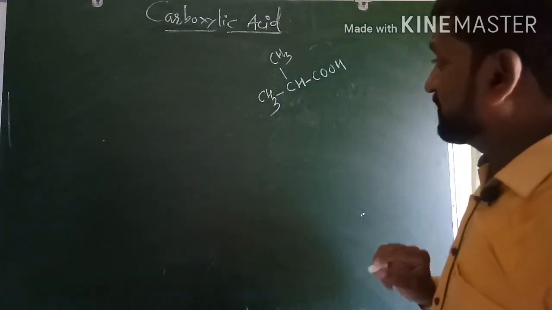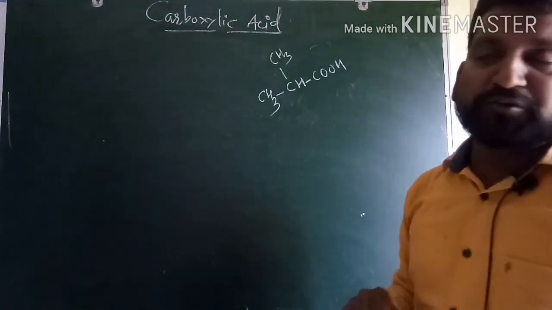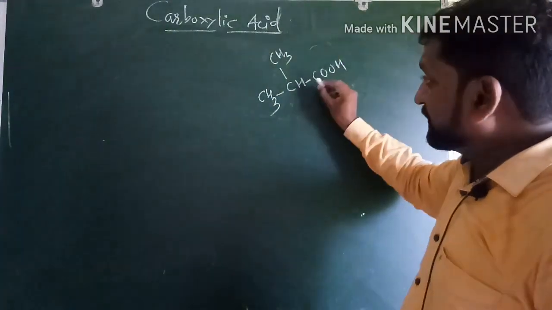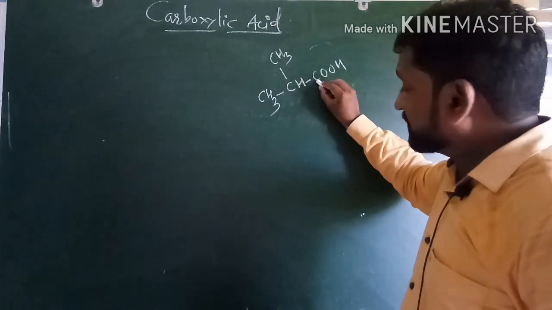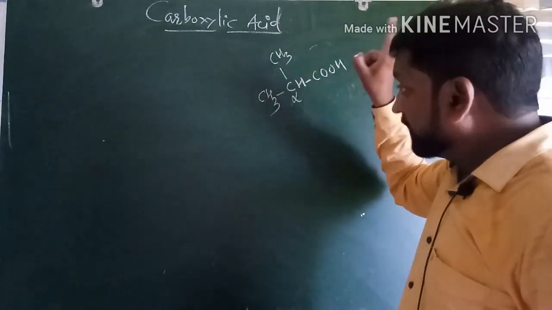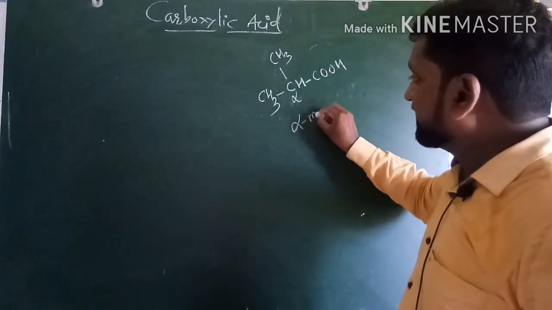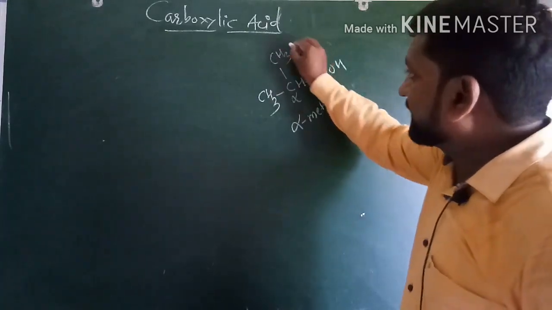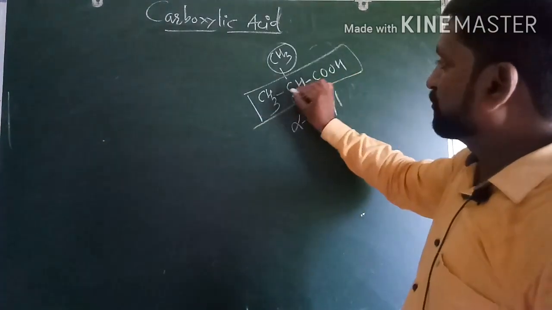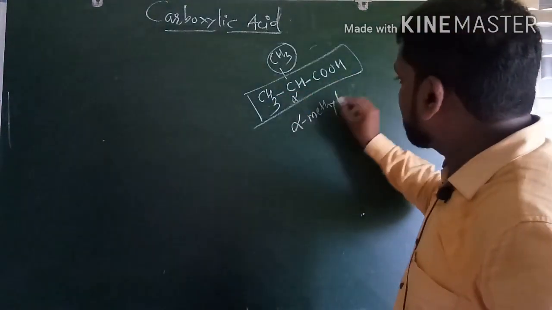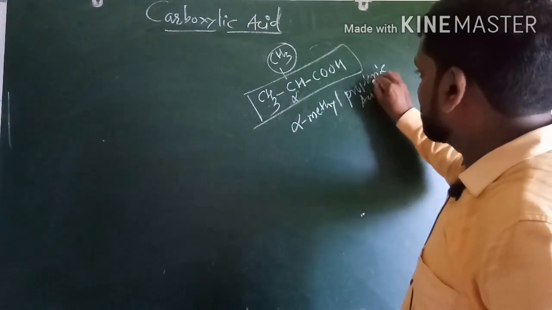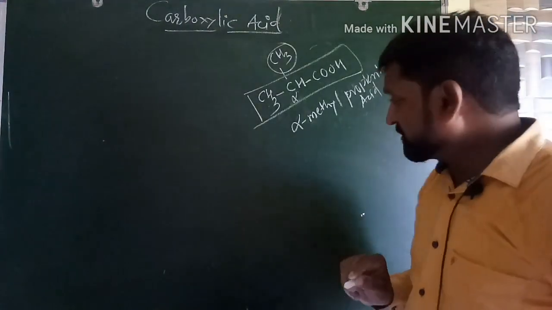Okay, so if we want to write the common name, two common names are possible here. Everybody see here. Now attachment is there, a branch is there. We know the carbon atom which is directly attached to the carboxylic carbon atom is the alpha carbon atom. Therefore the common name of this acid will be alpha methyl, for this branch. Now consider the straight chain. How many carbons are there? 1 2 3. Therefore alpha methyl propionic acid, like this.